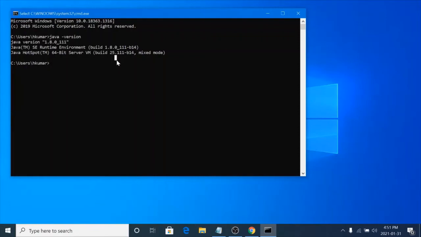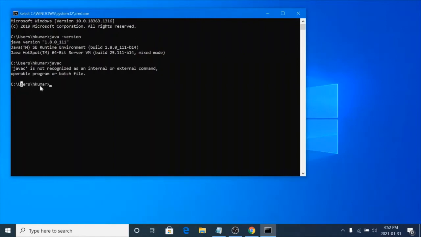Java has a few EXEs like javac and java. So javac stands for Java compiler. If you want to use Java on your machine in Eclipse or something like that, you need these EXEs. If I run javac, it is saying javac is not an active command, it's not an internal or external command. So actually Java is installed on your machine, but javac is not accessible from this current location.